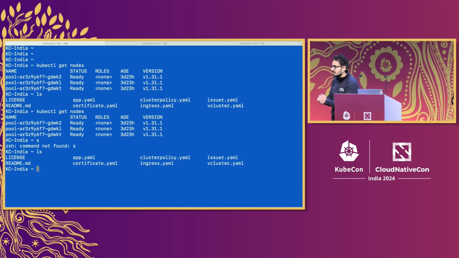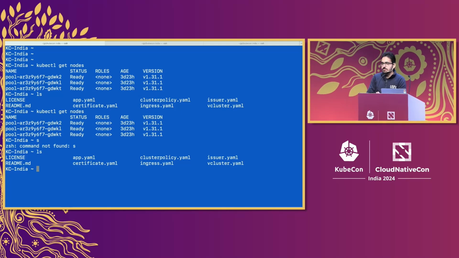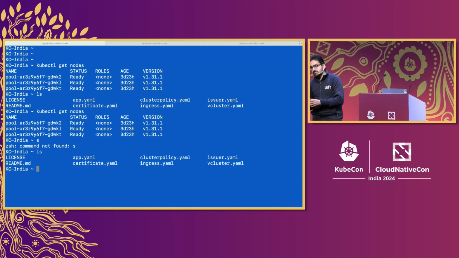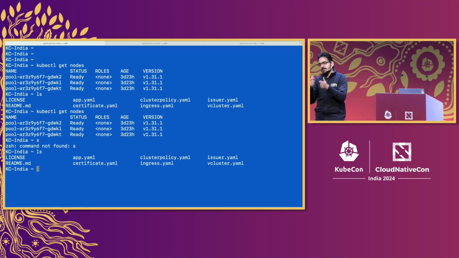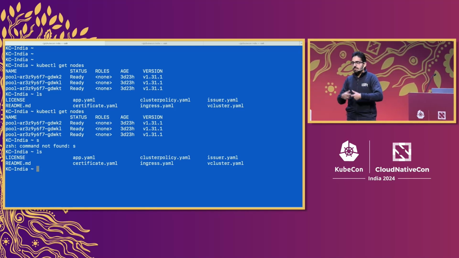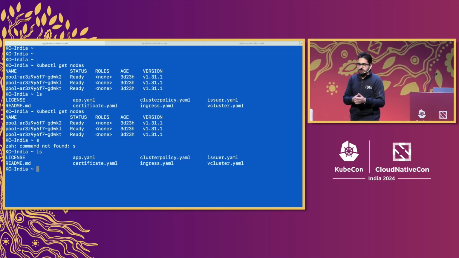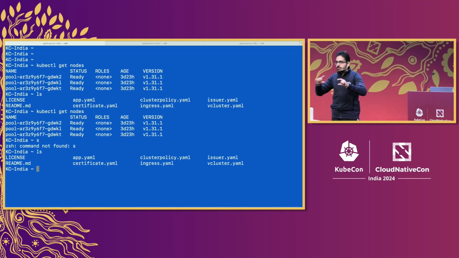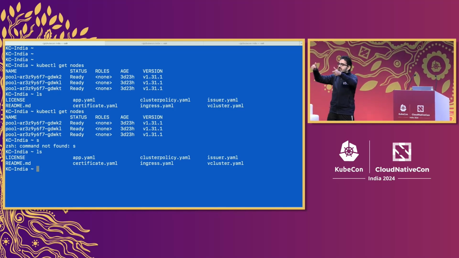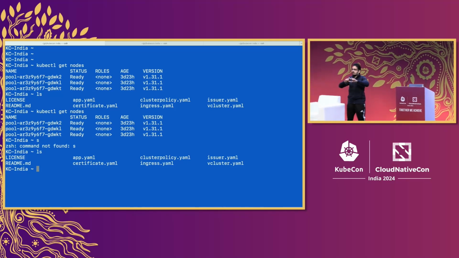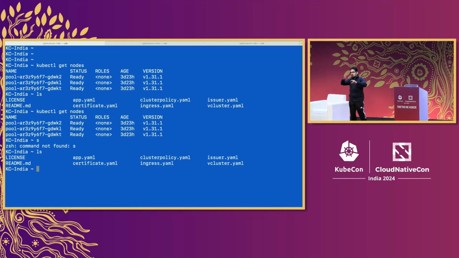So what I'll be doing now is using a tool called vCluster, and we'll be creating a virtual cluster. I would not dive into a lot of detail about what a vCluster is. On a very high level, it lets you create virtual Kubernetes clusters. What I'm trying to convey is, within a single Kubernetes cluster, you have multiple virtual Kubernetes clusters that I'm labeling as cells, because those will have your application set of things. And then there will be some shared platform stack like cert-manager, ingress controller, and Kyverno, which can be used across different cells. So you'll be able to use cert-manager, the ingress controller, and Kyverno policies throughout the different cells.